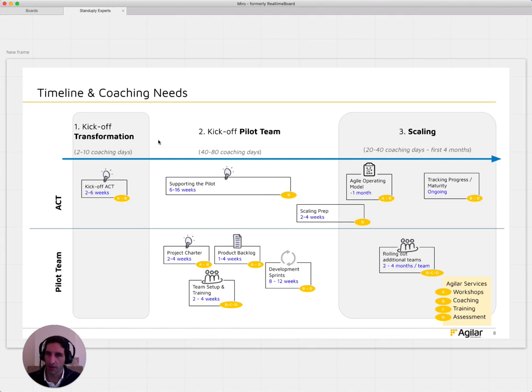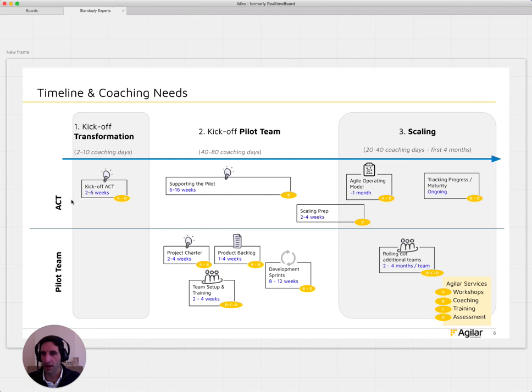I list here, off the top of my head, 2 to 10 coaching days where we're doing workshops, kicking off, having meetings, pitching to different people to kick this off, right? As soon as we get to the kickoff of the pilot team, I think this will probably take about 12 to 24 weeks. It depends on each organization, right?